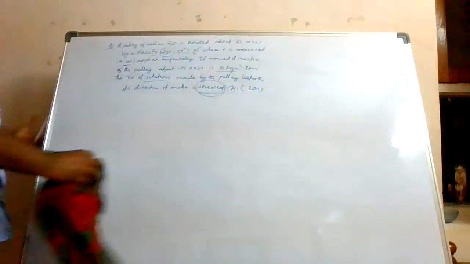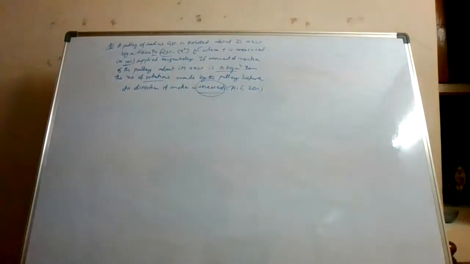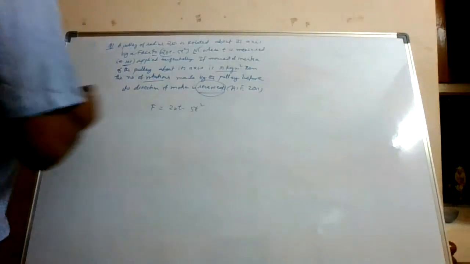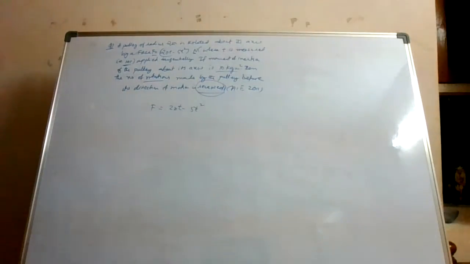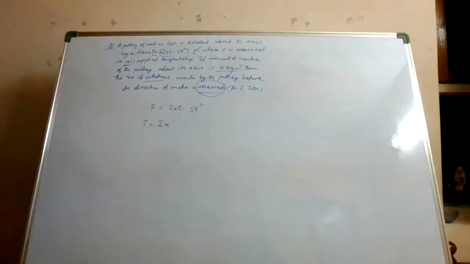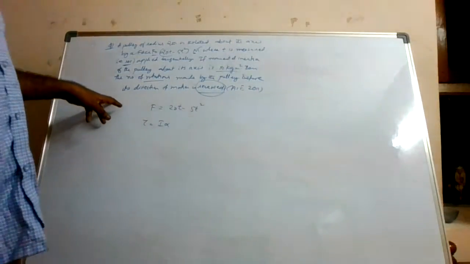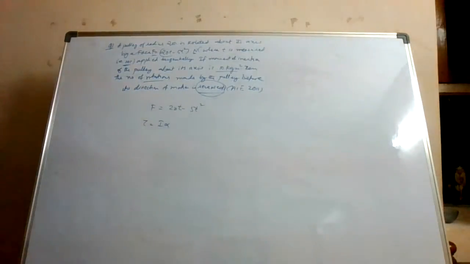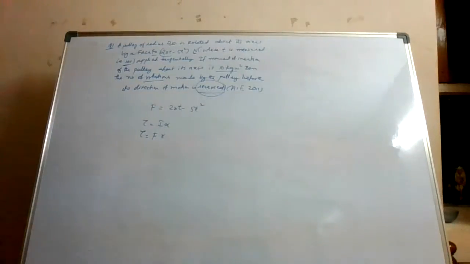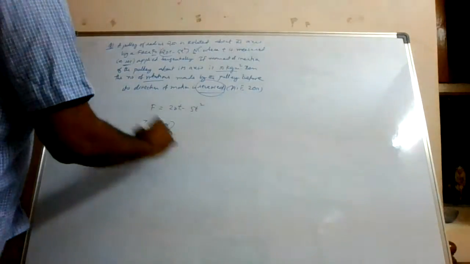It's a good question. Whenever you see this type of question, you should practice them. Here F is given as 20t minus 5t square. Now you know that torque is equal to I alpha, isn't it? And what is one more definition of torque? In this question you see radius is also given. So one more definition of torque is force multiplied by distance, it is R cross F. I am just talking about the magnitude part. So these two must be equal now.